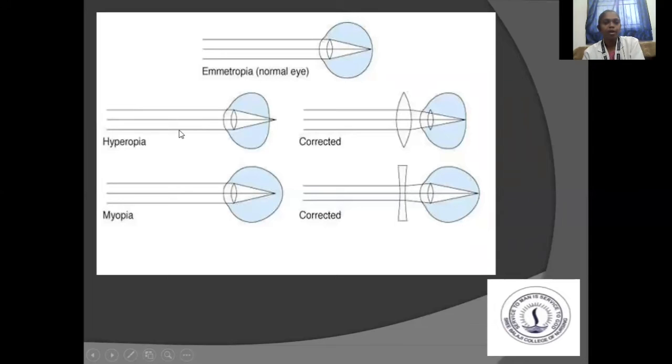In the case of hyperopia, the eye is shortened so that the image is not received properly. In myopia, the image is stopped here itself, so the patient is not going to visualize things properly. When we use concave and convex lenses, we can correct this. For hyperopia, when the image is visualized with the help of this lens, it will reach the proper position on the retina. Here also, it will be corrected. It was stopped here itself. Now by using the lens, we can have normal vision. This way we can manage the refractive errors.